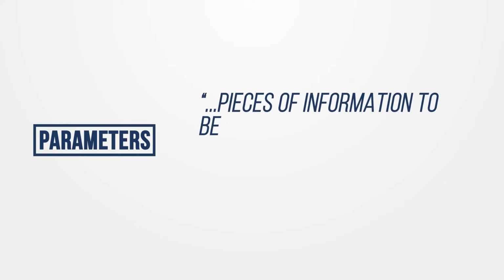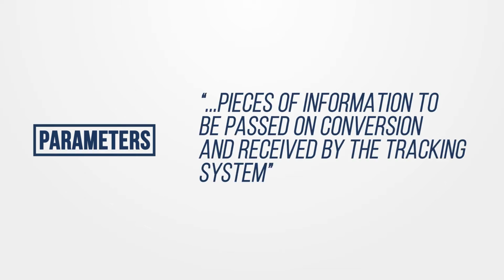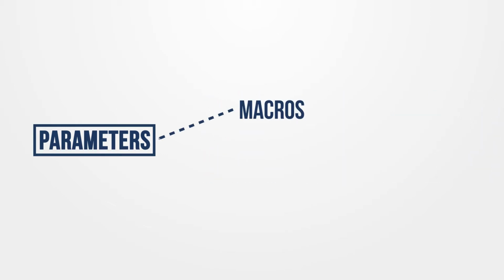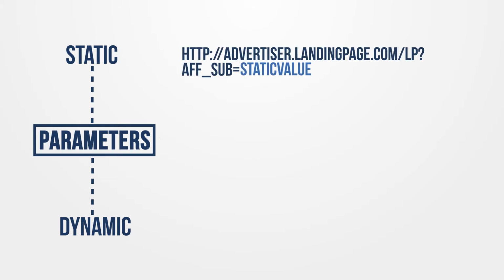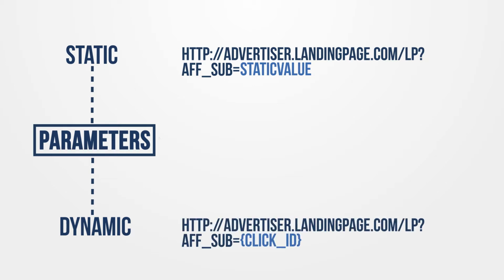Parameters are the pieces of information to be passed on conversion and received by the tracking system. Synonyms for parameters include macros, placeholders, and sub-IDs. Parameters can be either static or dynamic. A static parameter is populated before the click or conversion and remains consistent for each action. A dynamic parameter is a placeholder in the offer or conversion URL that will be replaced with information from the